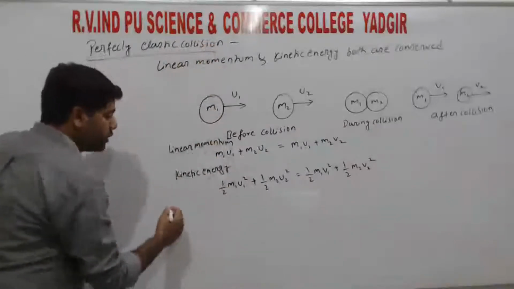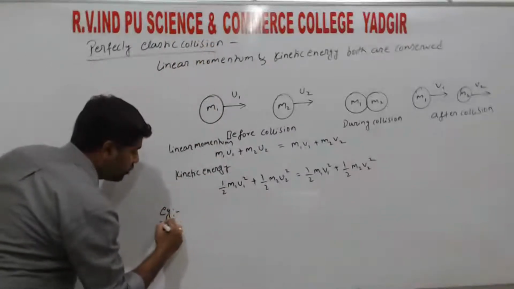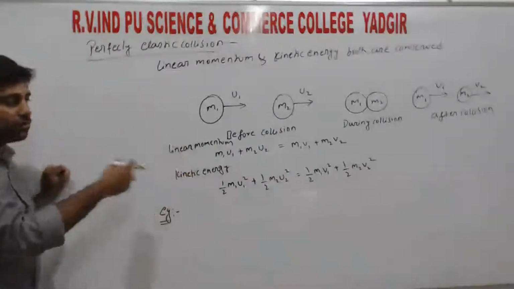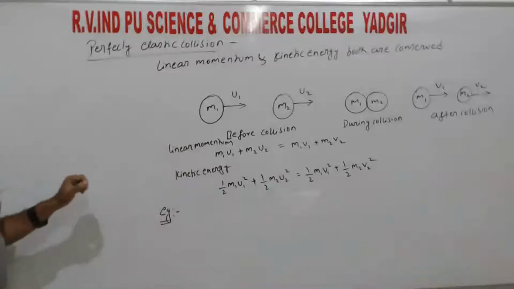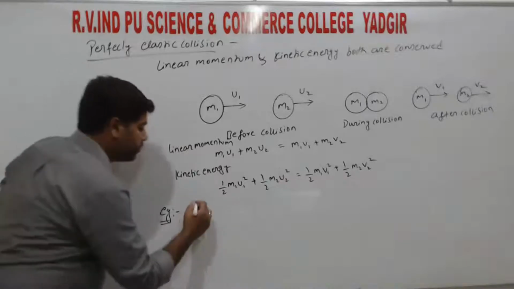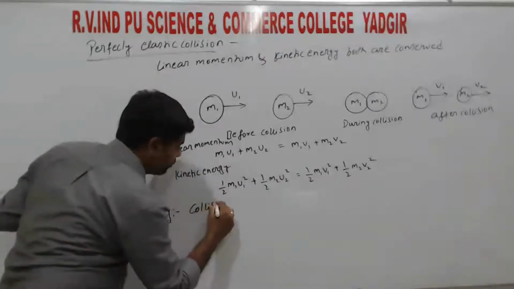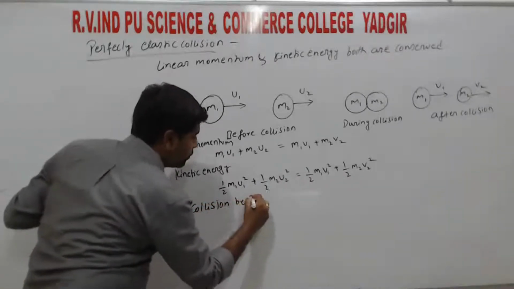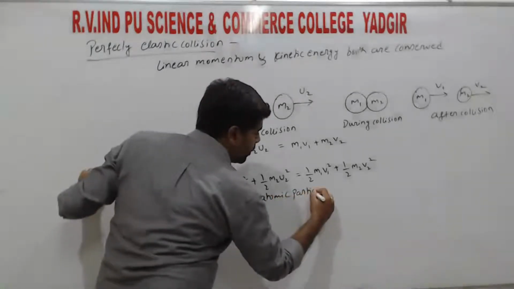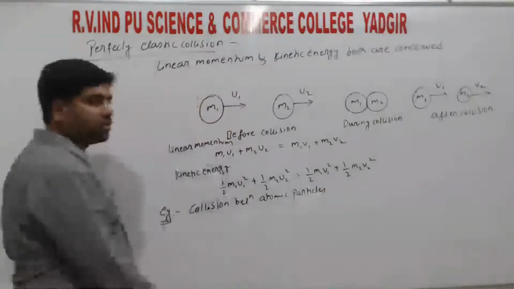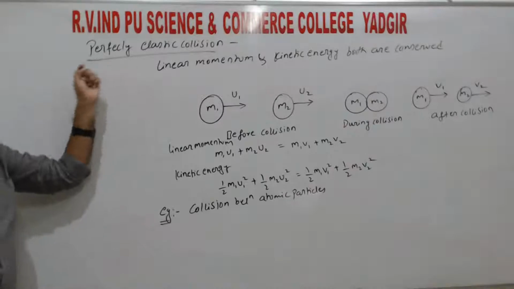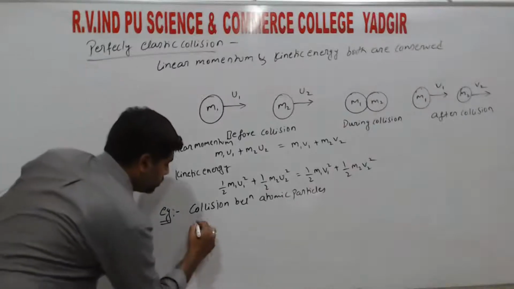So example for the perfectly elastic collision: definition, example, then the derivation. After discussing the types we can derive the relation, right? So the example is collision between atomic particles. So if collisions happen between atomic particles, we always call that a perfectly elastic collision, right? So next, collision